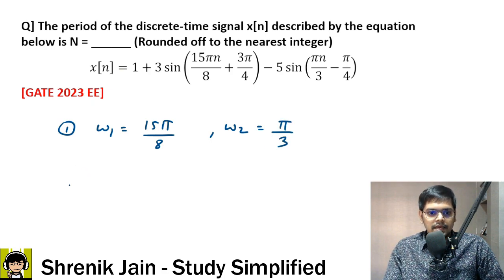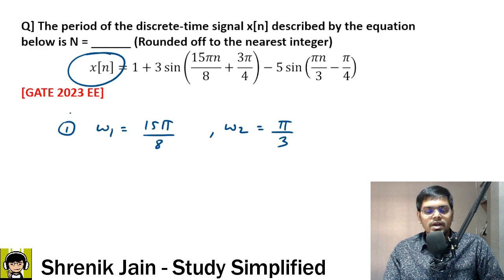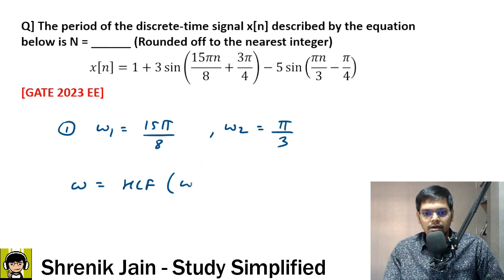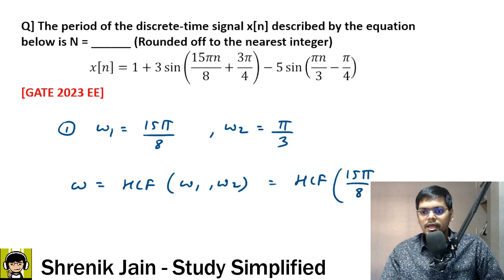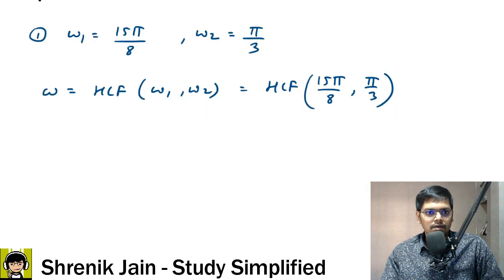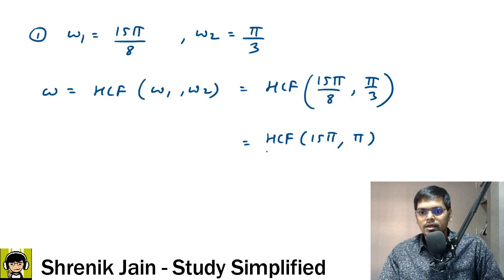Now, second step is if you need the fundamental frequency of x of n, let us say it is omega, which is equal to HCF, highest common factor, between omega 1 comma omega 2, which is nothing but HCF of the fractions 15 pi by 8 comma pi by 3. How to get the HCF of a fraction? Sir, HCF of a fraction is HCF of numerator divided by LCM of the denominator. So this is now HCF of the numerator, which is 15 pi comma pi